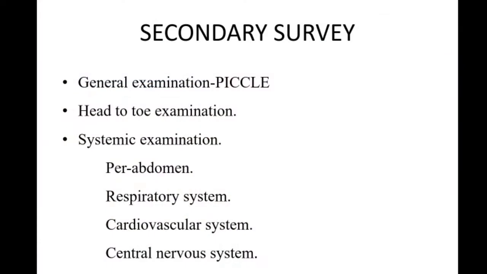Then coming to the general examination, there is no pallor, icterus, clubbing, cyanosis, lymphadenopathy or edema. On systemic examination, per abdomen examination, on inspection, abdomen was distended, umbilicus is central in position, no visible pulsation, scars or ecchymotic patches. On palpation, no local rise of temperature, tenderness present in the epigastrium and right hypochondrium, no guarding or rigidity. Percussion was not done, and on auscultation bowel sounds were feeble.